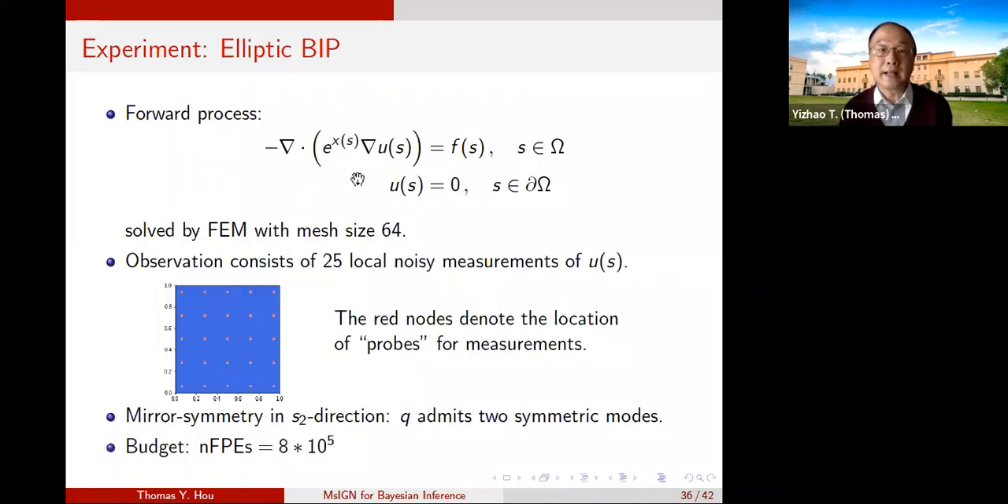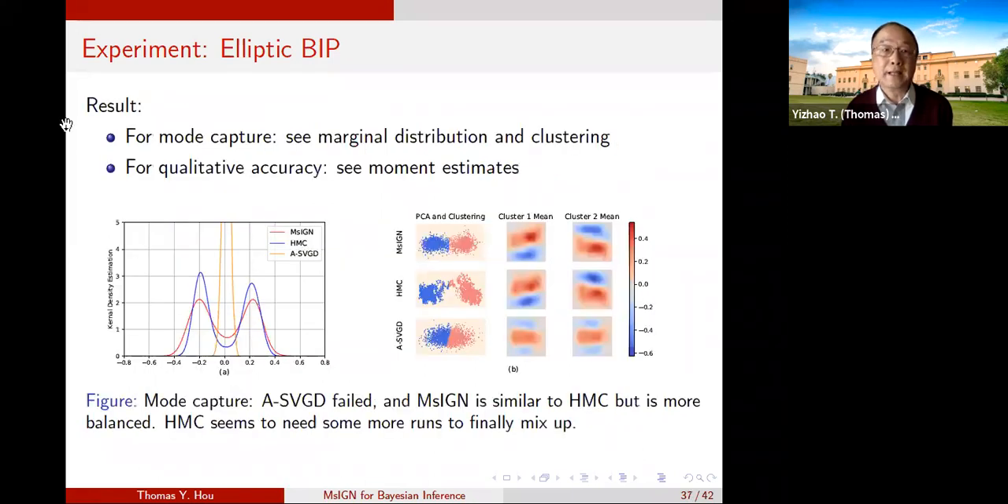And this is our final example, where we solved a 4-modal elliptic problem with a 64 by 64 grid, and we have 25 local noisy measurements of U, right? Here U is the pressure. And then we limited the number of forward problem solves to be 8 times 10 to the power 5. So you can see that in this example, both Hamiltonian Monte Carlo and our method,